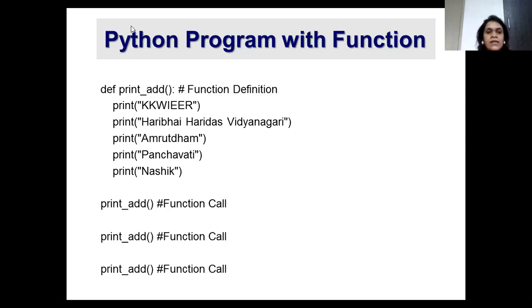A function can be called multiple times. So in this case, it is called 3 times. We have 3 different function calls, so the print statements will be displayed 3 times. So this address will be displayed 3 times on the output screen.